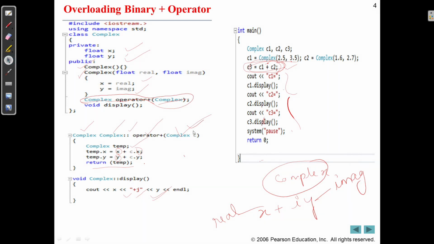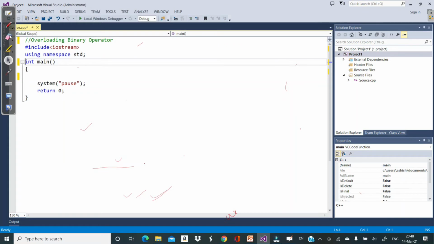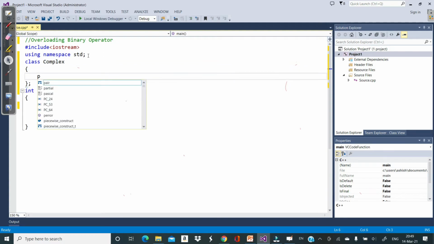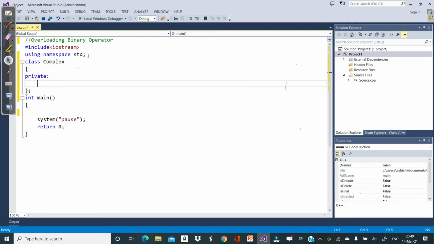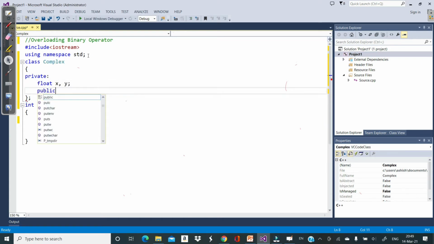using Visual Studio. Just write the same program for overloading the plus binary operator. So let's say we have a class complex here. And let's say this class has two private members, x and y, both of type float. And this class has some public functions.